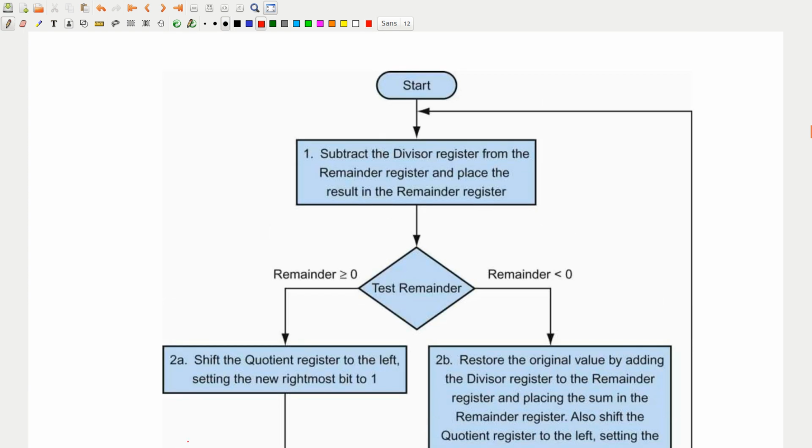So let's go over the algorithm they're talking about. At the start, they subtract the divisor register from the remainder register and place the result in the remainder register. Then they do this test like we talked about, that basically says, okay, was this number